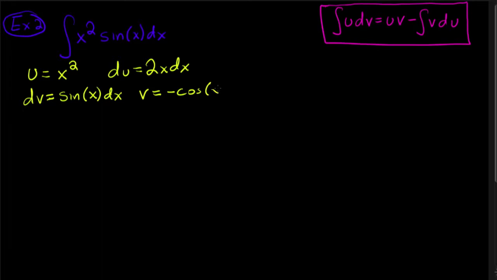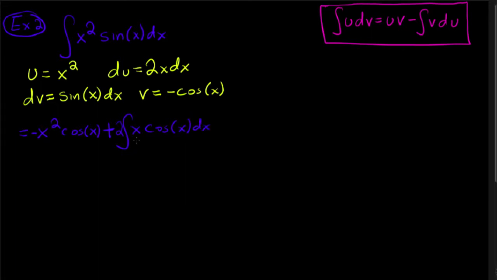It's negative cosine of x. Sorry, no dx. Okay, and so then you just apply the formula. So the formula says that this integral is equal to u times v minus the integral of v du. So here's the minus, so I'm just going to make this into a plus. So plus, and I'm going to take the 2 outside. 2x cosine of x